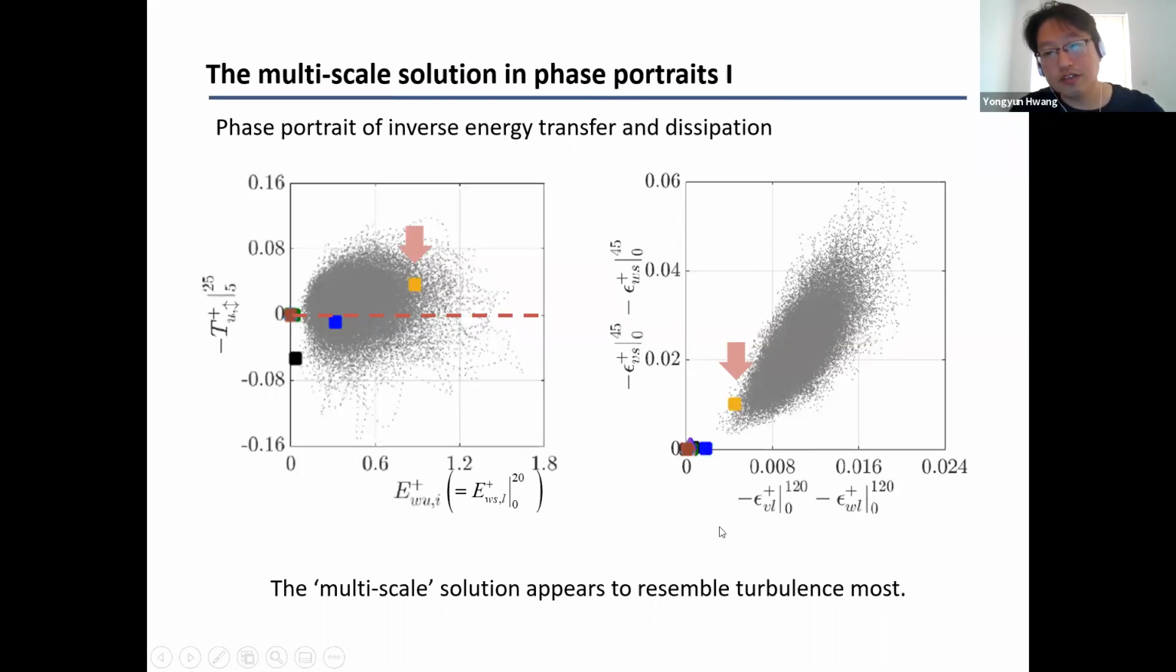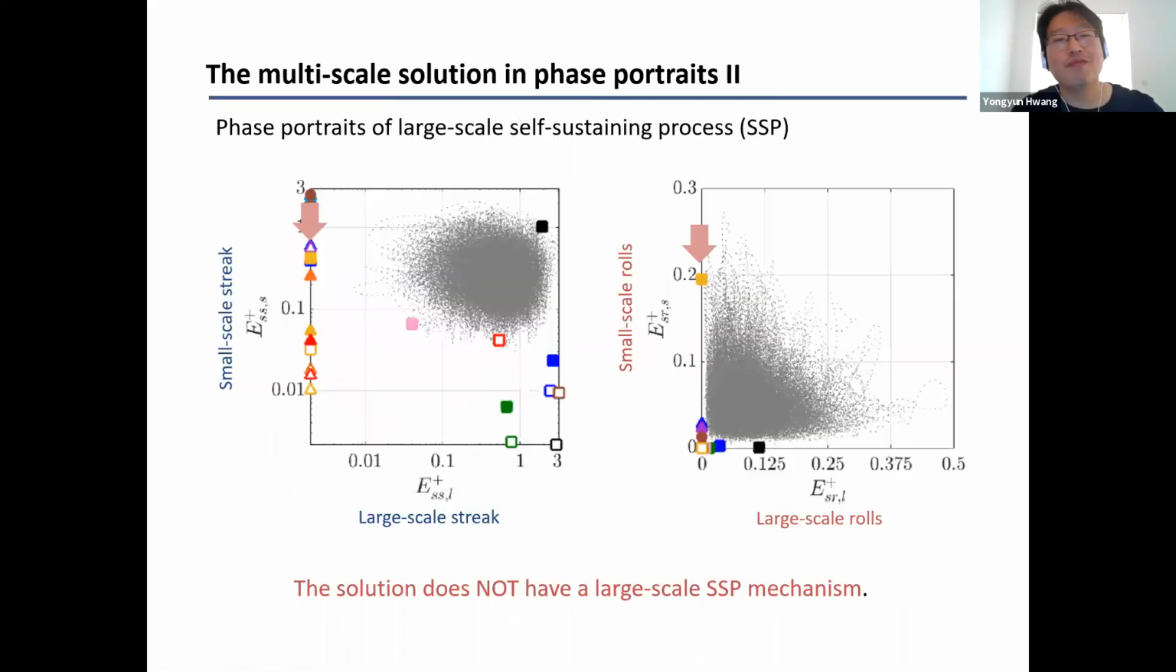This is the large scale dissipation and the small scale dissipation. This particular solution is very close to the turbulent cloud compared to any other solution. So this one is a multiscale solution which seems to resemble turbulence most, and so we are a bit pleased. But if we also consider other types of the phase 4 trait,